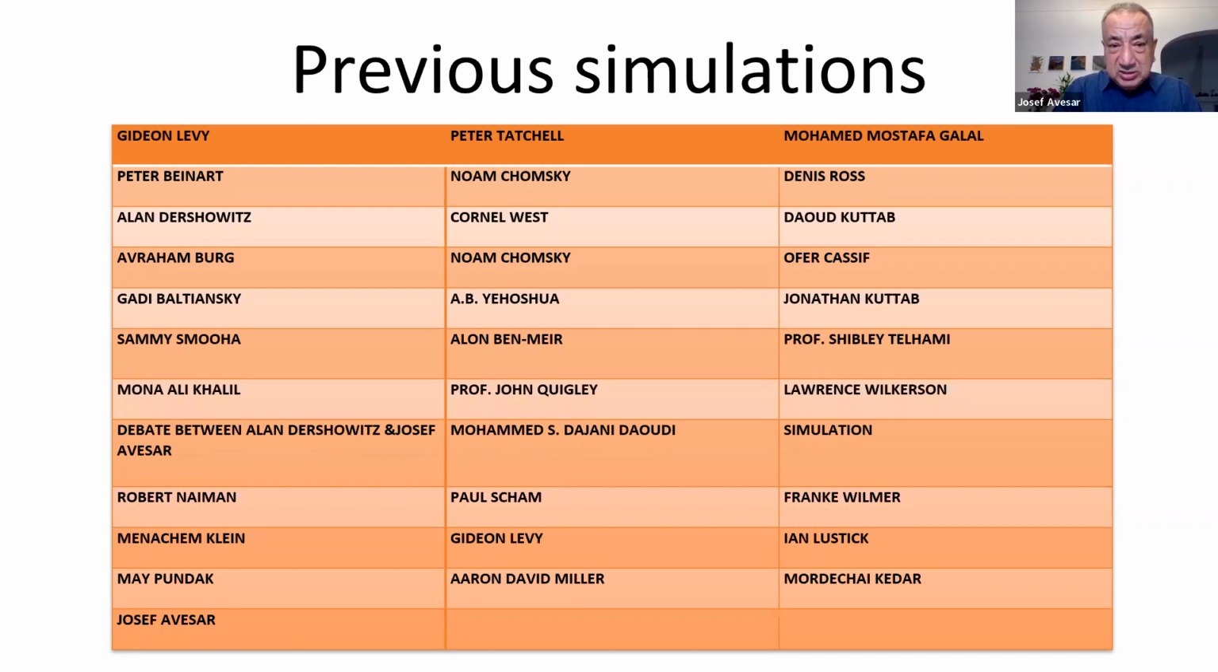Dennis Ross, Alan Dershowitz, Cornel West, Daoud Kutab, Avram Borg, Noam Chomsky, Ofer Kasif, Gadi Balyansky, Aleph Bet Yoshua, Jonathan Kutab, Sami Smuha, Alon Ben Meir, Professor Shibli Telhami, Mona Ali Khalil, who is an international lawyer, John Quigley, who is a professor of law, Lawrence Wilkerson, who used to be the chief of staff for